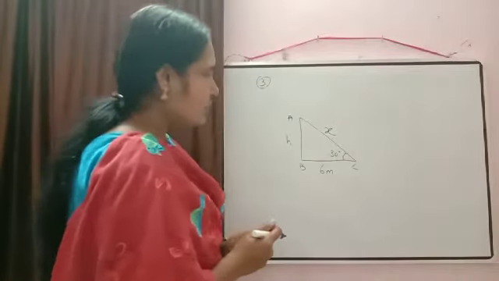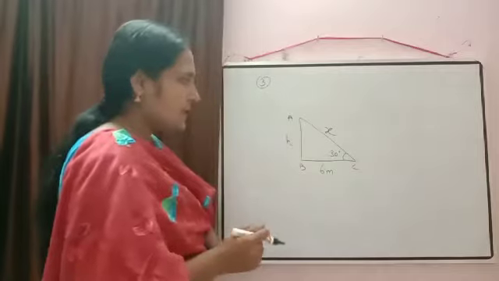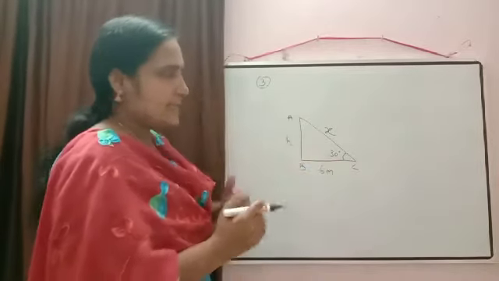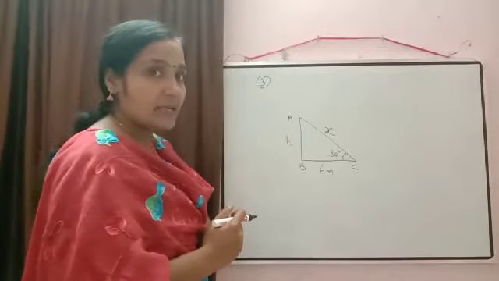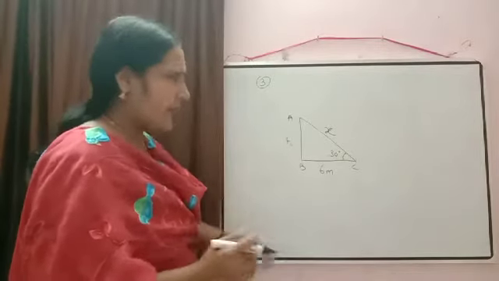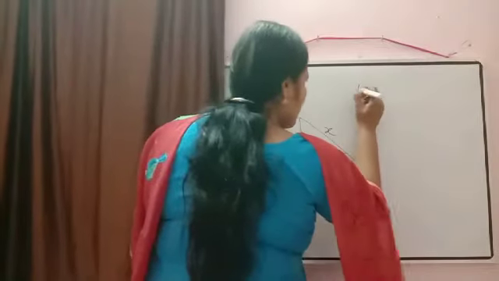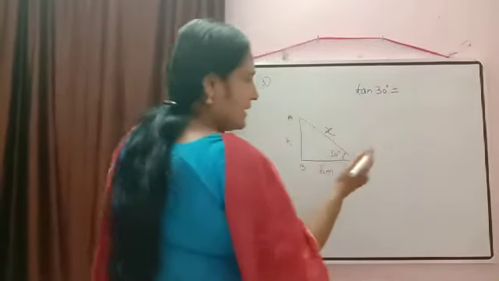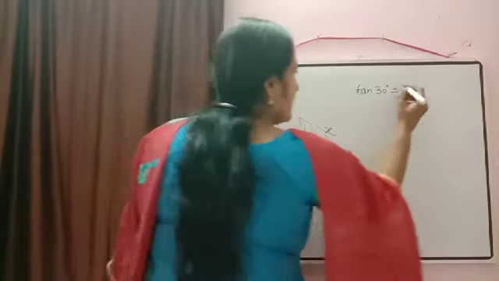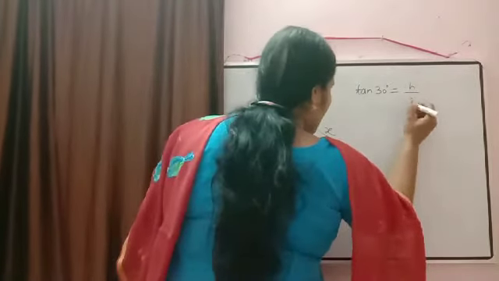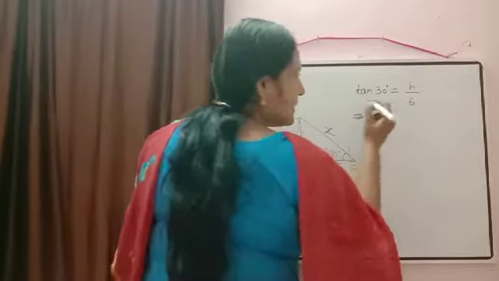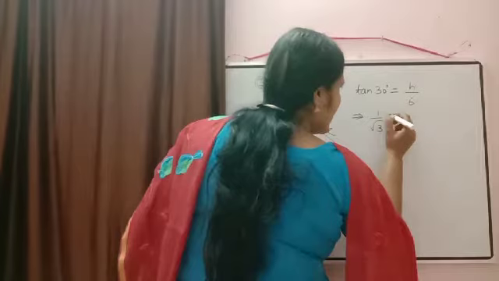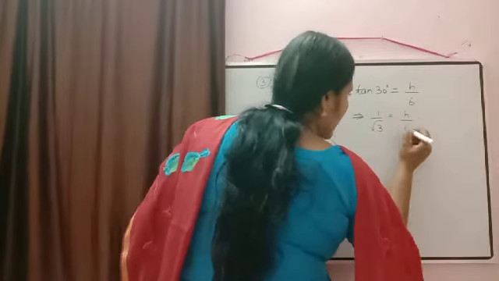So again first what we can check here, it is 30 degree. The side opposite we have to calculate, and the adjacent is given. Then which trigonometric ratio? Yes, correct, tan theta. So first it will come tan 30 degree is equal to, shall I write directly? Tan 30 degree is equal to h by 6. How much is tan 30 degree? Correct, tan 30 degree is 1 by root 3, equal to h by 6.